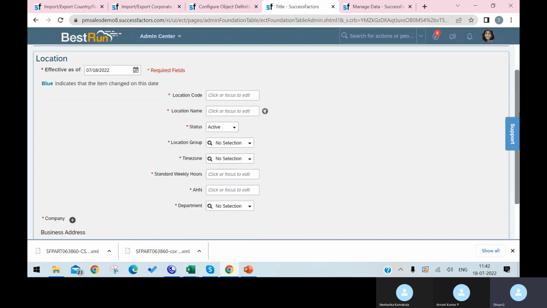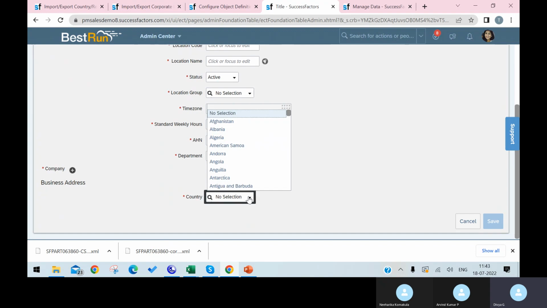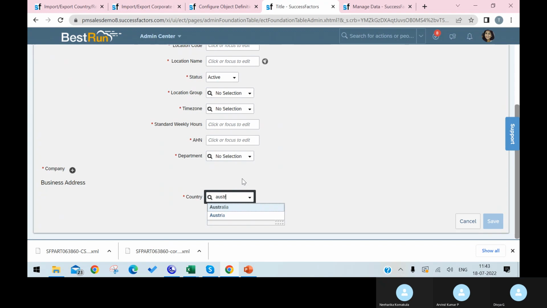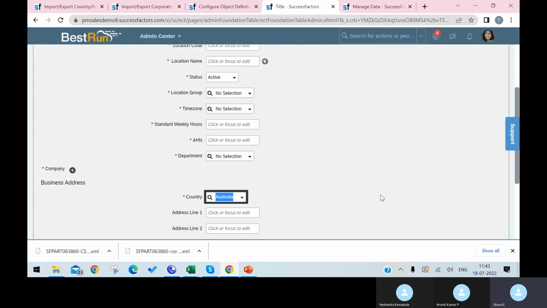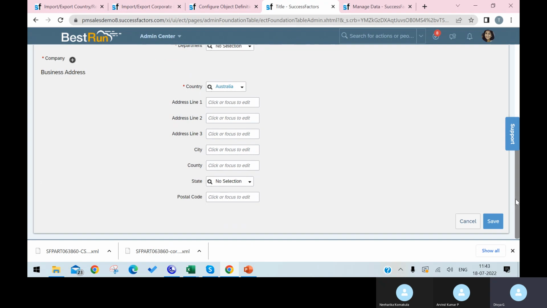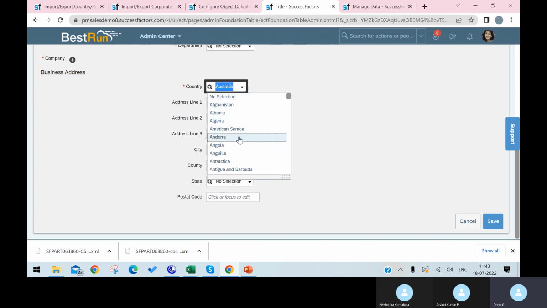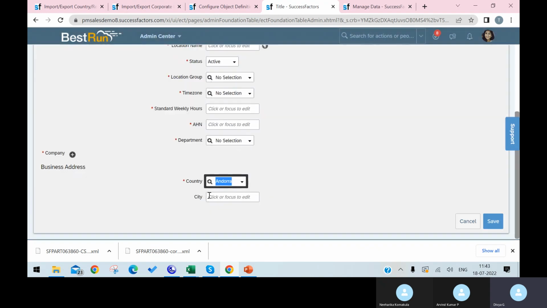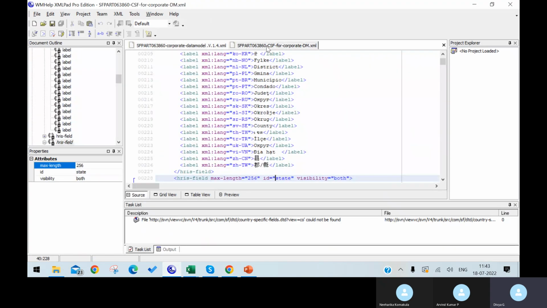If we see here, if I select one country, Australia, here we are able to see these fields: address 1, address 2, address 3, city, country, state, postal code. If I select some other country, for example, here I can only see the city. It depends on this. If I go to this country specific corporate data model,